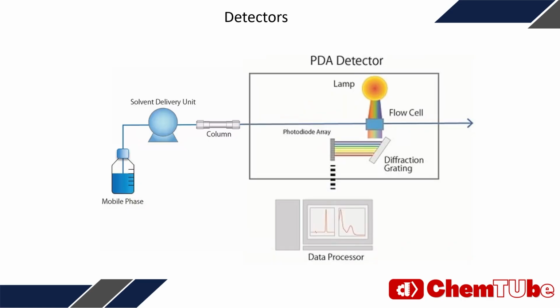The UV-Vis detector measures light absorption by the sample. To generate a signal, the compound must contain a chromophore, a part of the molecule that absorbs UV or visible light. Detection follows Beer's law, meaning the signal is proportional to concentration. In this system, a photodiode array captures the full absorbance spectrum, allowing detection across multiple wavelengths at once.